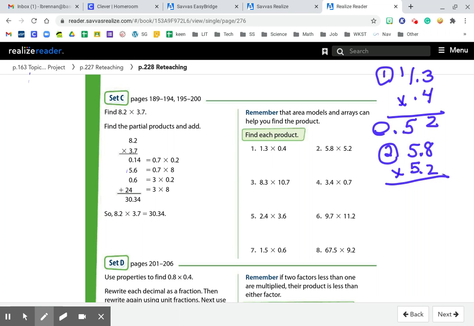8 times 2 is 16. 5 times 2 is 10, plus 1 is 11. 8 times 5 is 40. 5 times 5 is 25, plus 4 is 29. 6, 1, 10, 3, and 2 digits in decimal place value in the problem, 2 in the answer. Number 3,